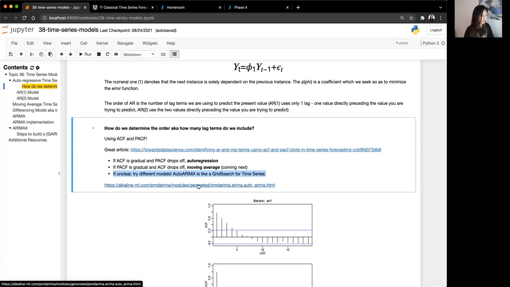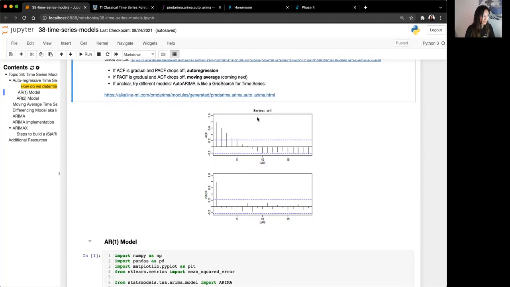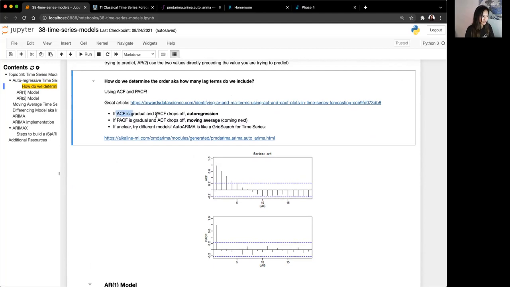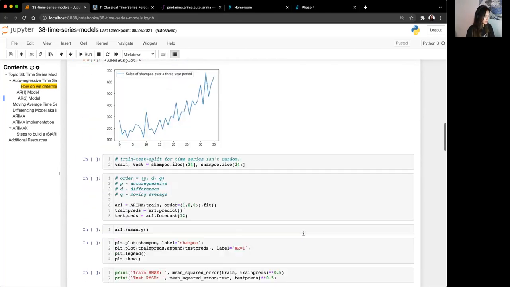Cool. I'm going to open up this AutoArima because I want to talk about it later. All right, so if we see something like this, where ACF is gradual and PACF drops off, usually you want to use an autoregressive model. This is actually very similar to what we saw yesterday with our shampoo data, where is